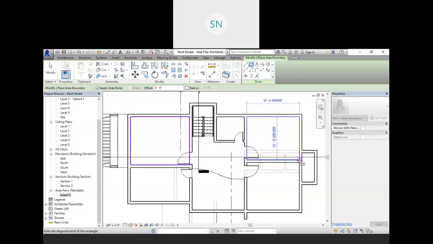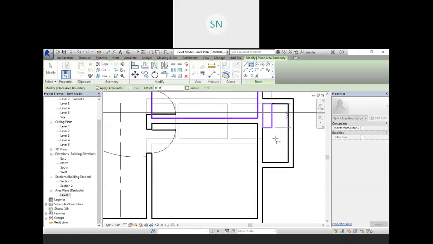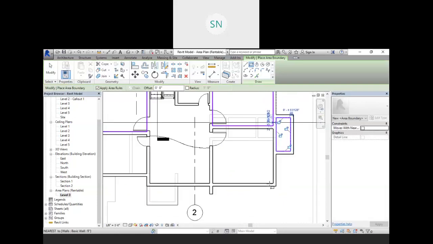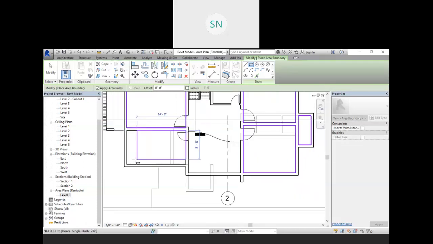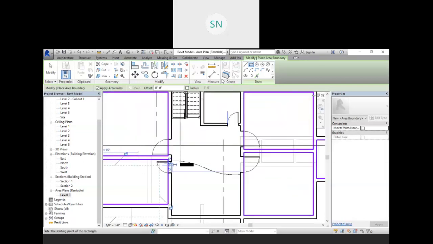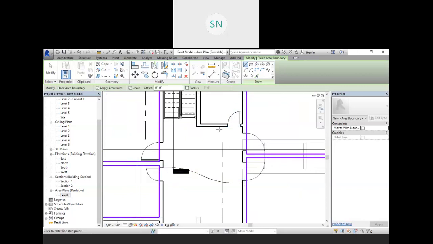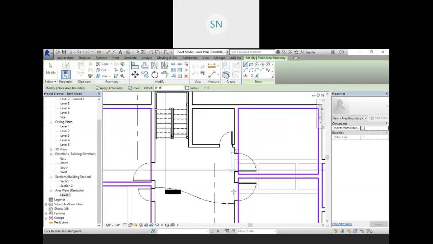So in this way just create your boundaries, whatever rooms you have. And at last we have this one. So from here to here.